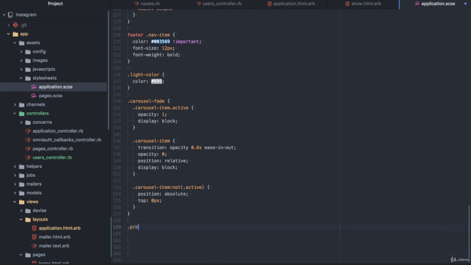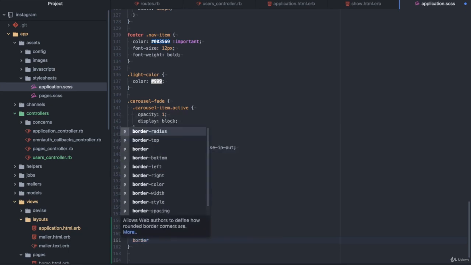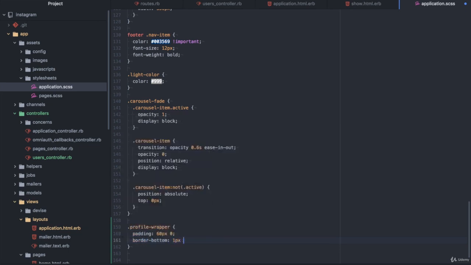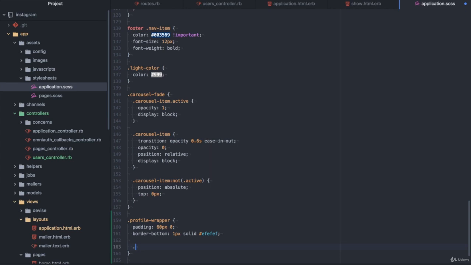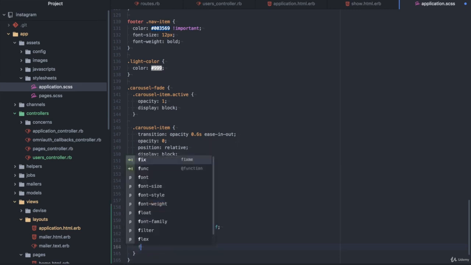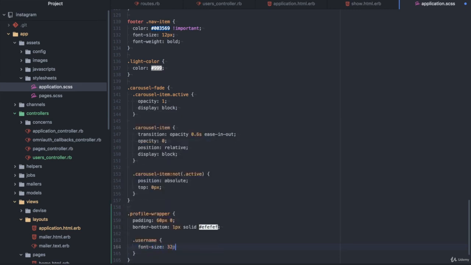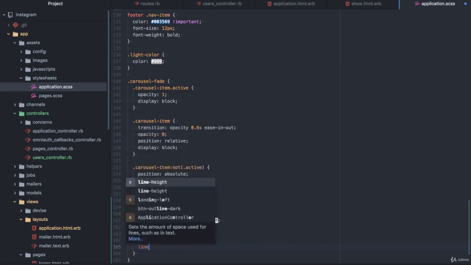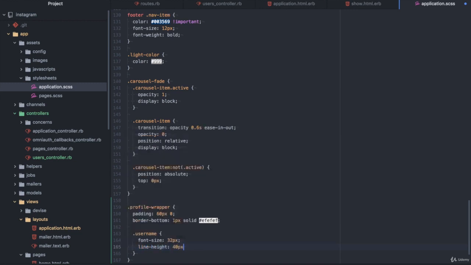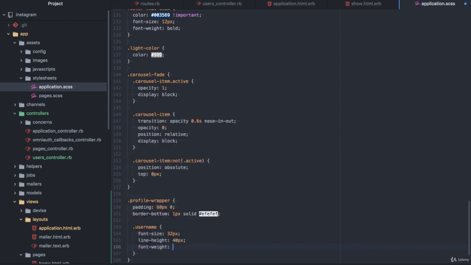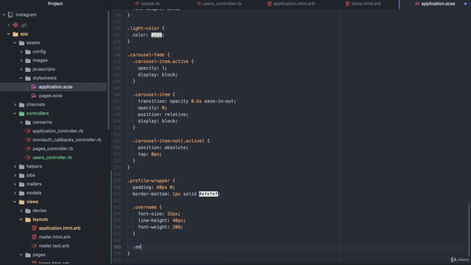So first, let's write profile wrapper heading 60, border bottom one pixel solid EF, and we have username, font size 32 pixel, line height 40 pixel, font weight 200, and we have email